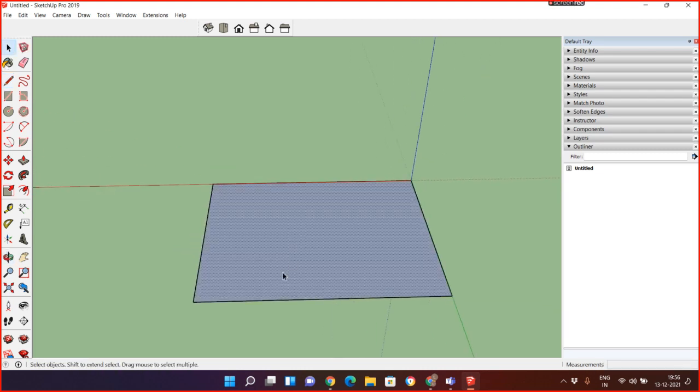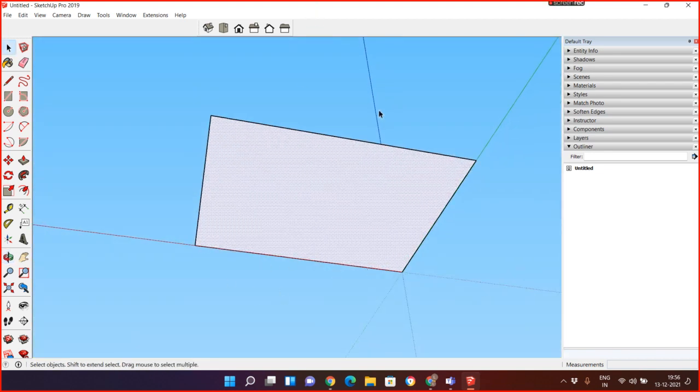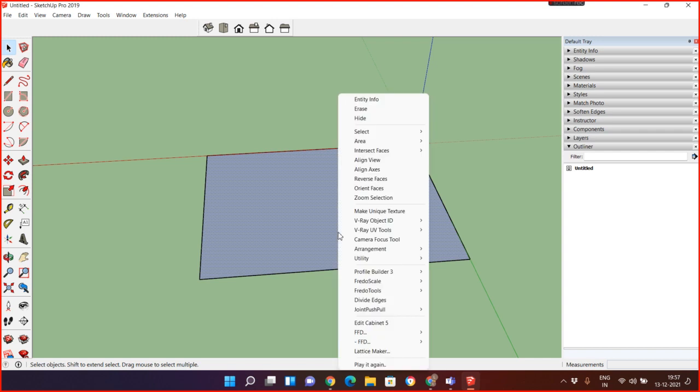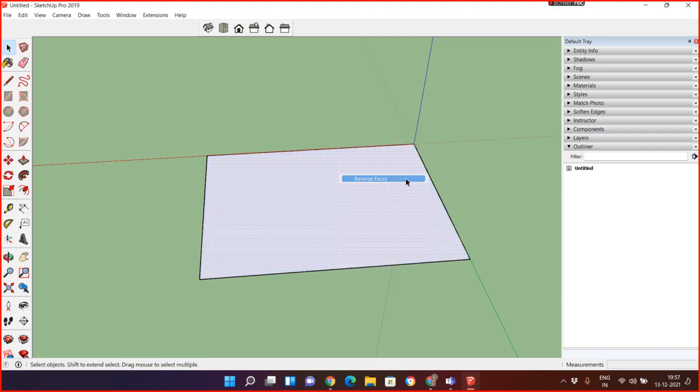There are two sides. This is negative and this is positive. So always remember, second important thing, if the negative side is coming, right click and use reverse face. Yes, we have an advanced way of doing this work, but just use right click and reverse face. And when you do it like that, it's beneficial for us.